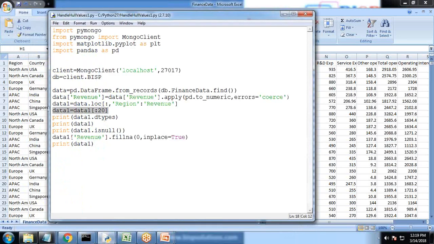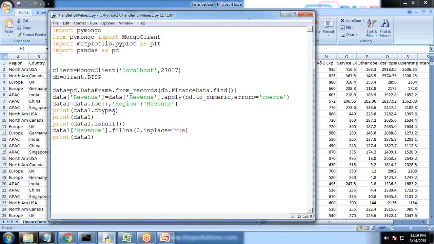We can remove this limit now, because we applied it only for the first 20 records. So I remove this limit, and now this logic will be applicable for all records available in the data set. Finally, I would like to capture this data and store it into a CSV file. So I write data1.to_csv,